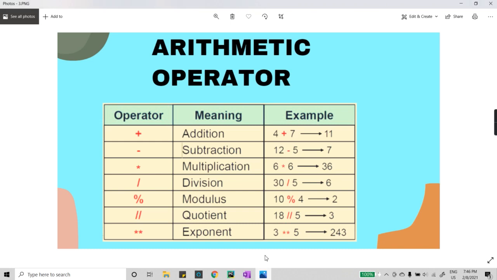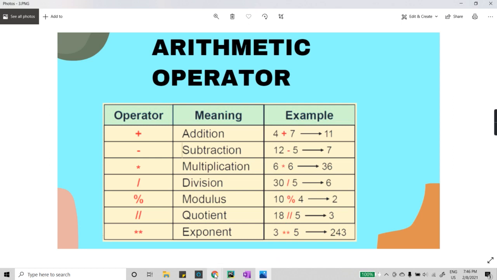Okay, fine. So you all know about the arithmetic operators, and basically these are the operators we have been studying since our very young classes. Even in nursery or PG classes, we were told about these operators. Here we name them arithmetic operators: addition, subtraction, multiplication, division, modulus, quotient, and exponent. These are the operators which constitute the arithmetic operators.